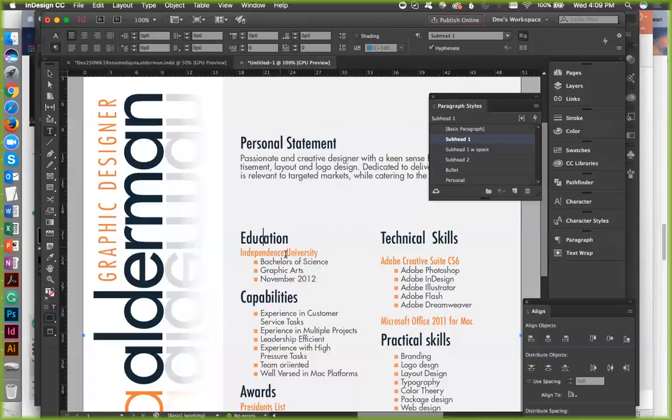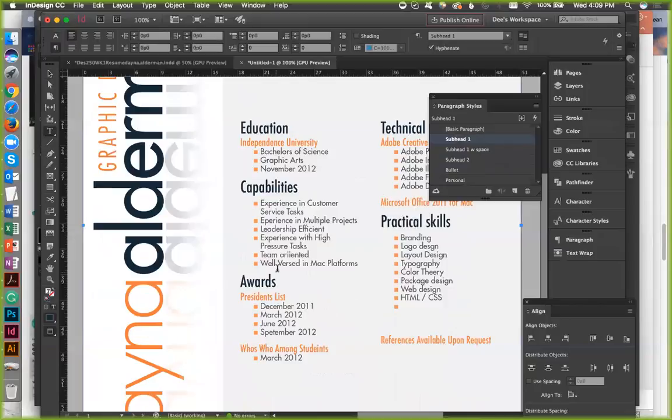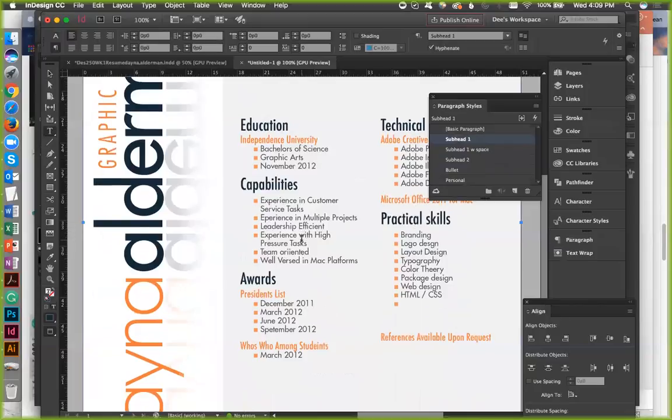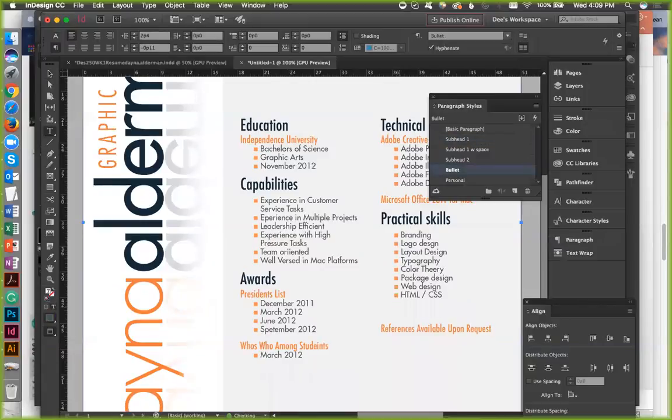Subhead 1, subhead 2, subhead 2, subhead 1. Oh, that's why. Okay. That's why. It was supposed to be for the other one. Okay. There we go. I'm going to take that space out of there.